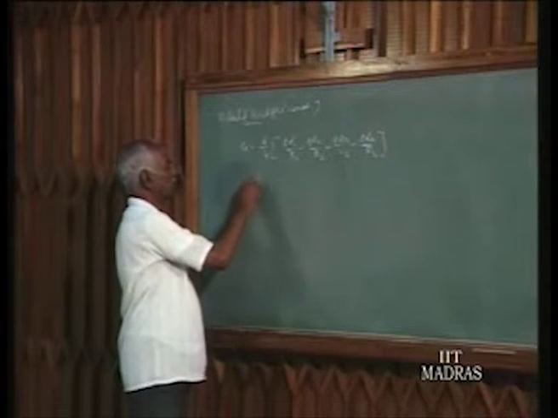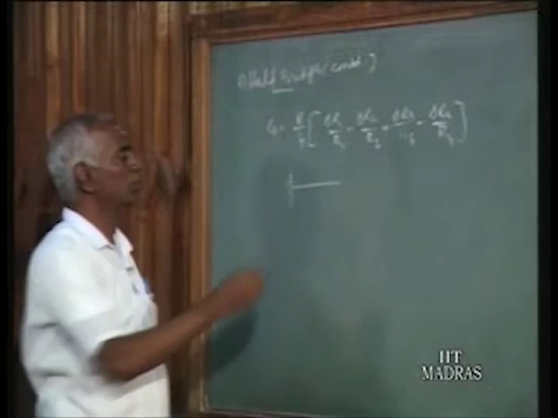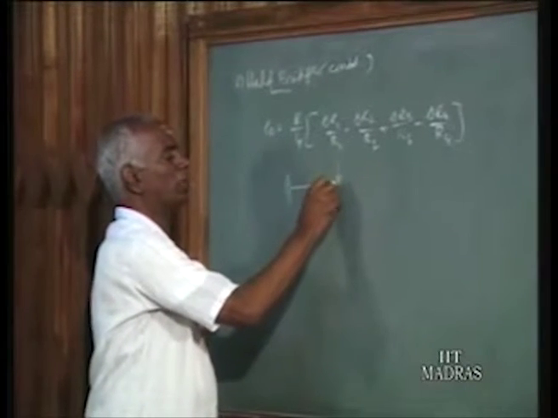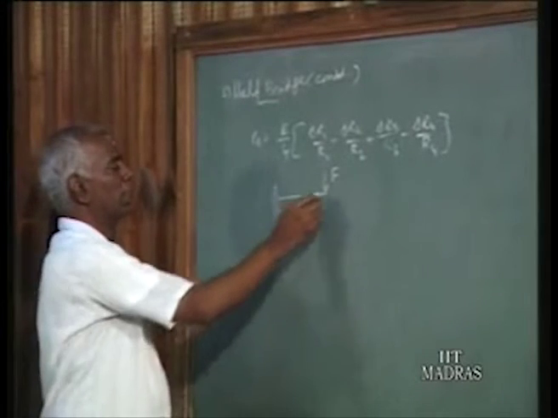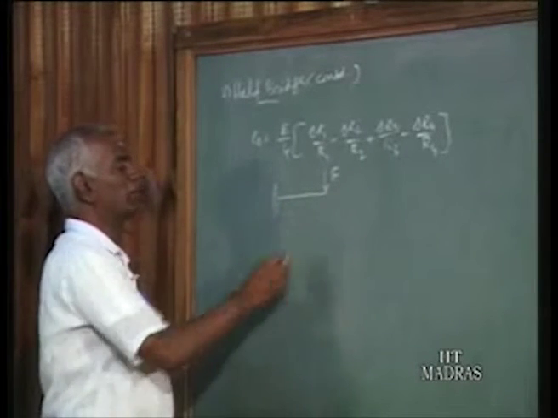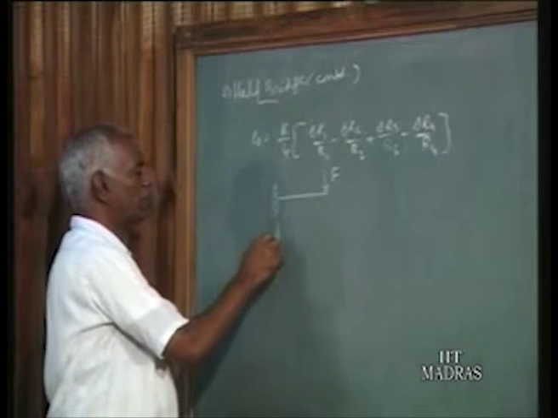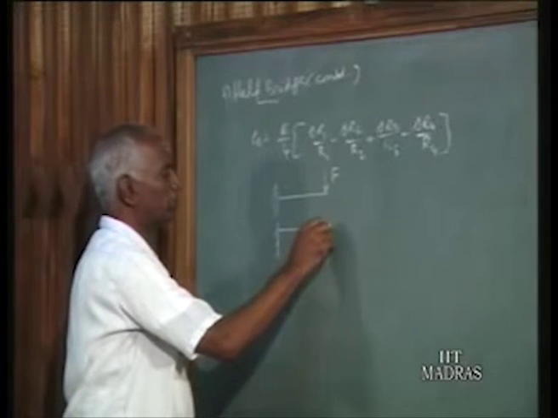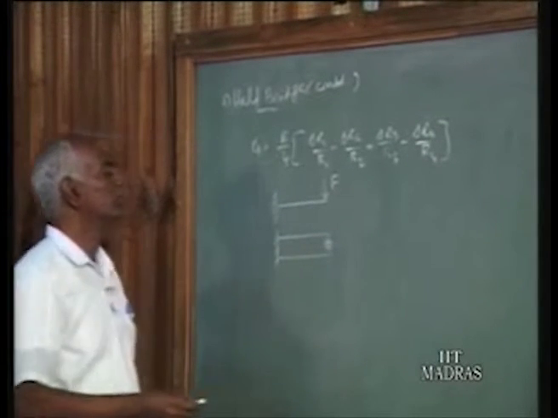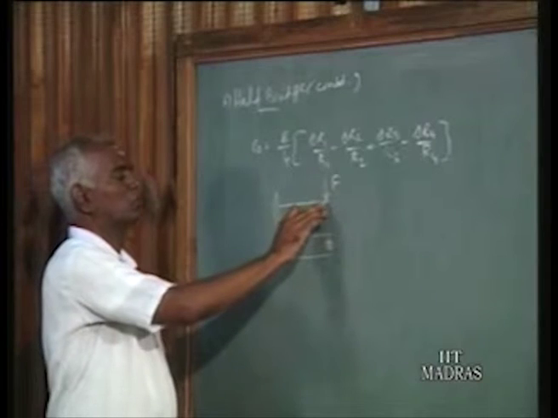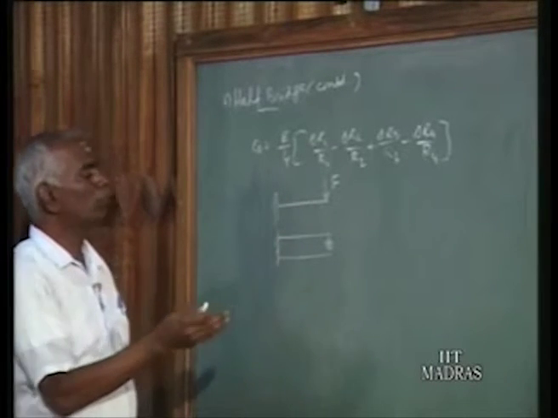Suppose you consider a cantilever. This is a load cell where the load at the end of the cantilever can be measured. That is, F is the force acting at the end of the cantilever, so it deforms like this. For this, I will draw the plan view also. This is the cantilever width. At the end, we are applying the load.